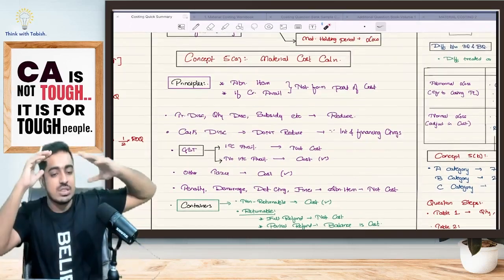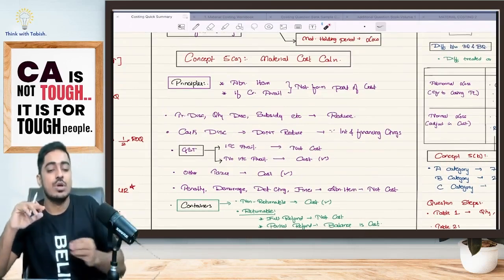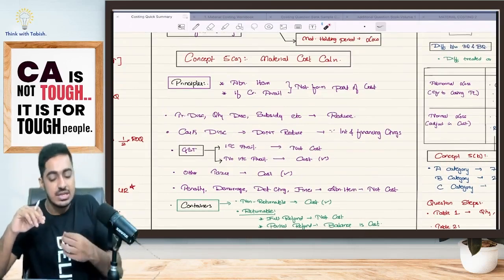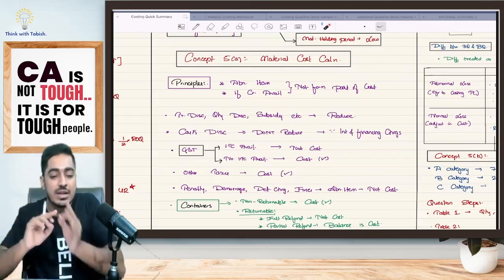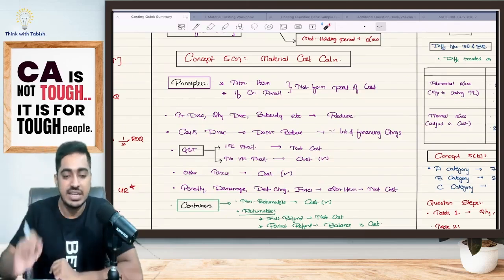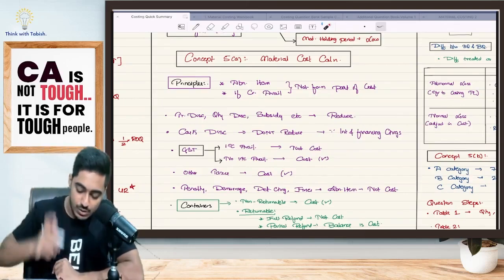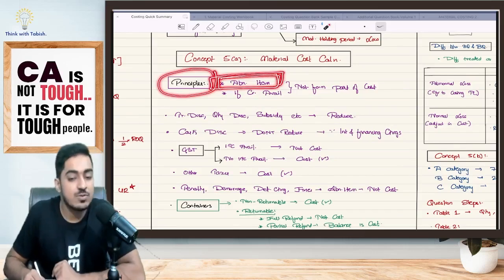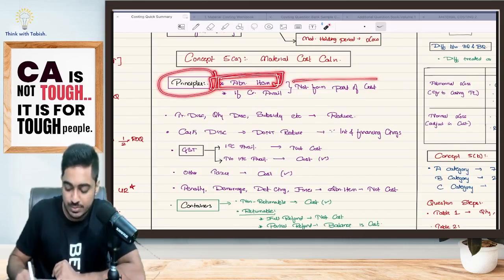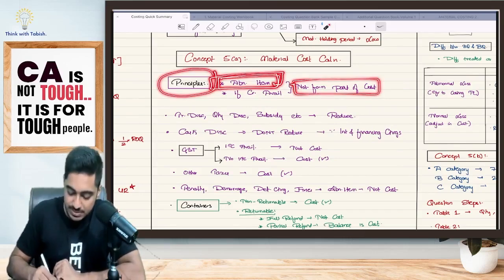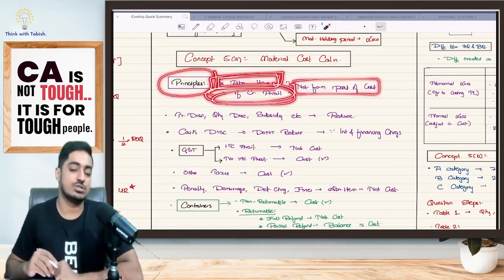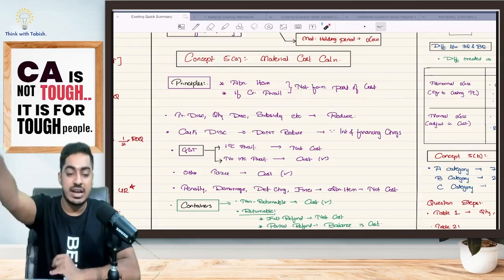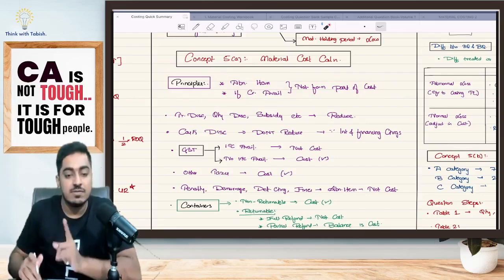Finally, why am I doing all this? Because ultimately, I want to know, in the finished goods that I am producing, there is a component called direct material. What is the cost of my direct material? In that, what all should I include? Okay, simple two principles, students. If I am incurring any abnormal item, will the abnormal item form part of my cost? No, it will not form part of my cost. It will be transferred to the costing period. If credit is available against a cost, today I am paying 100 rupees, but that 100 rupees I will get back some other day. Will that be cost?